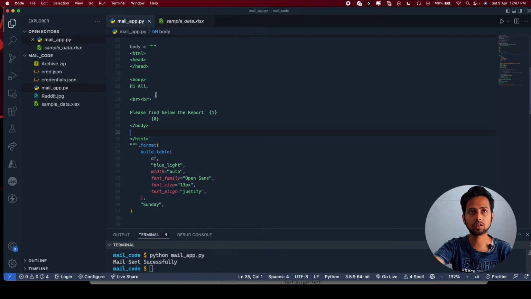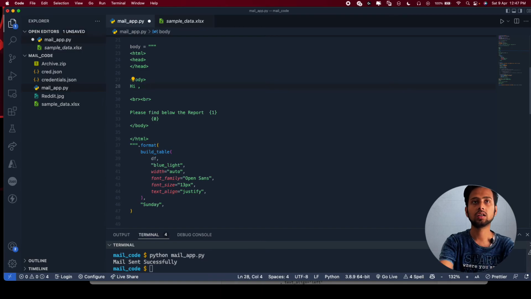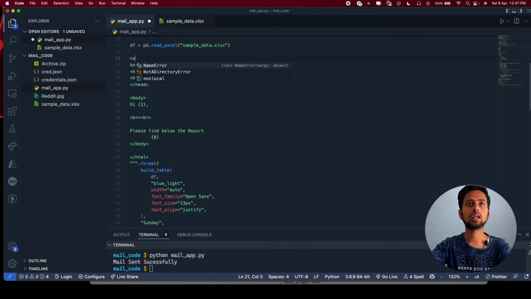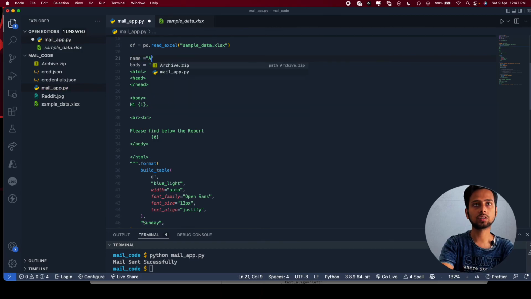So this will be one. If you want to put, instead of hey all, the name of someone, let's say name, and let me just, sorry, not the name, I will have to use the number. Instead of this one, I will just delete it, and let me just create a name variable. Name is equal to ADITYA,